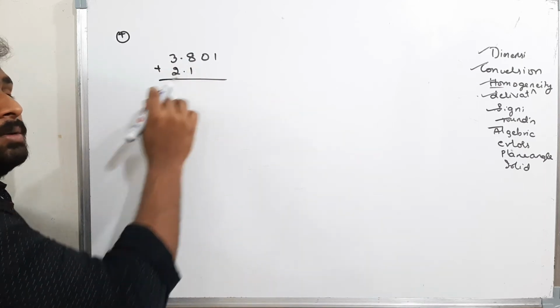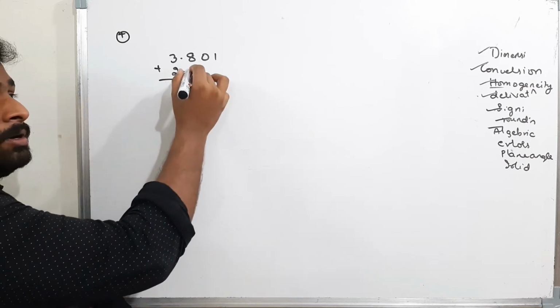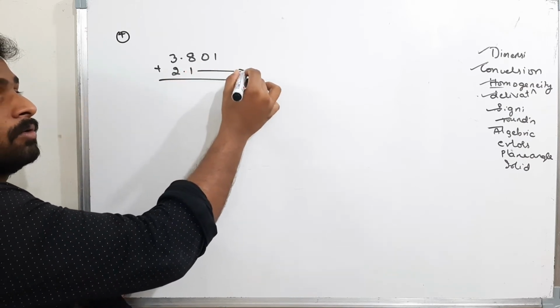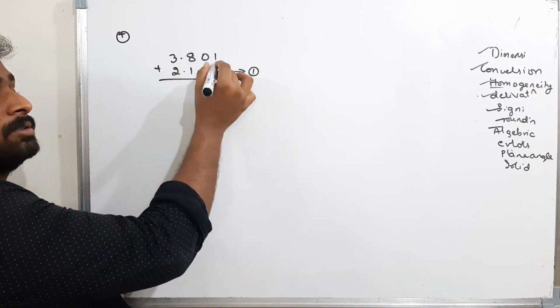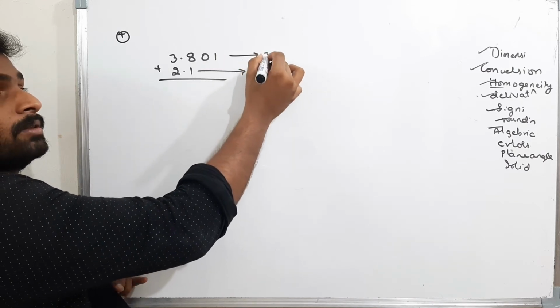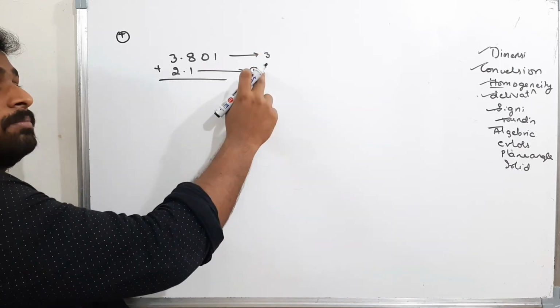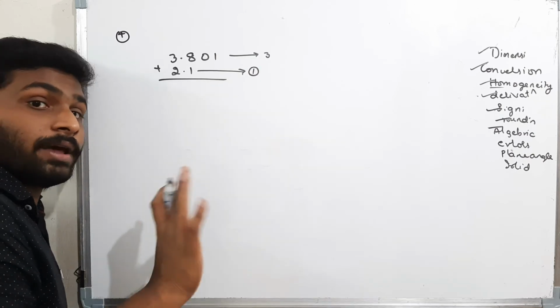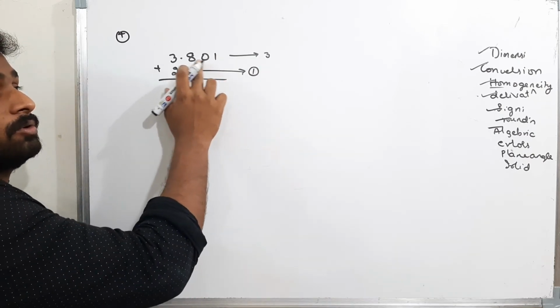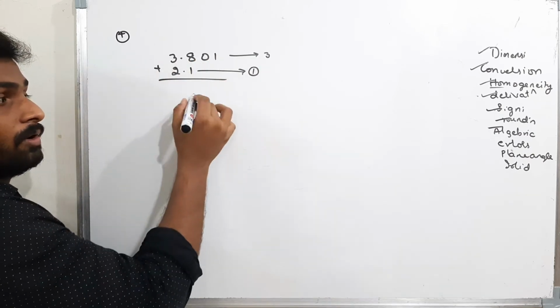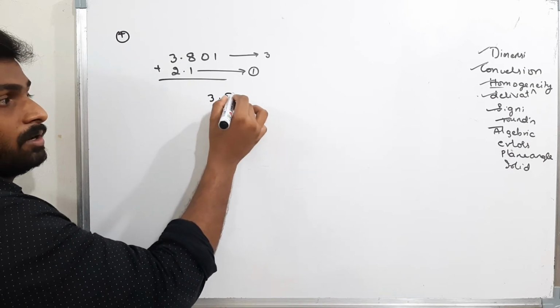The answer is, you observe carefully. Here how many digits are there after decimal? 1 digit. Here how many digits are there after decimal? 3 digits. Least is 1, plus 1 is acceptable, but 3 is not acceptable. Therefore, I should round off this one to 2 digits. If I round off, I will get 3.80,